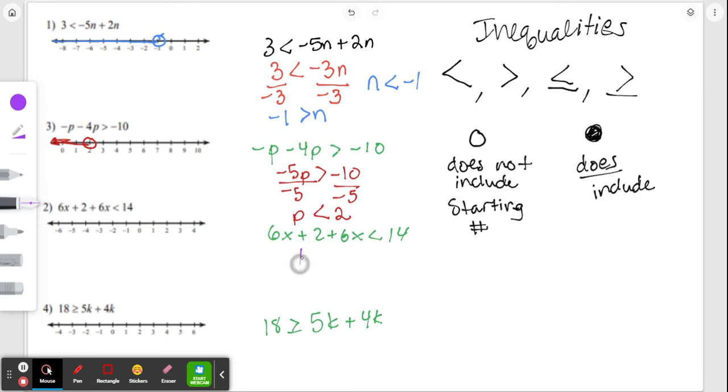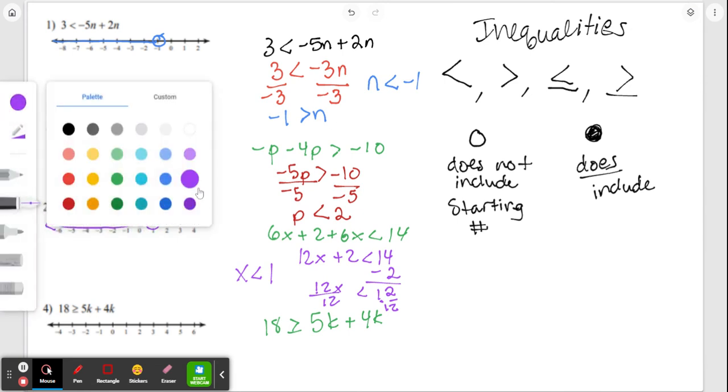Boom. 6x and 6x is 12x plus 2. Subtract the 2. Divide by 12. X is less than 1. Going to have an open circle at 1 and less than. Going this way. And then our last one,